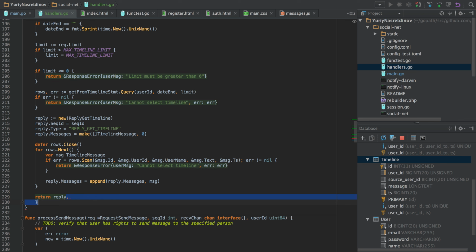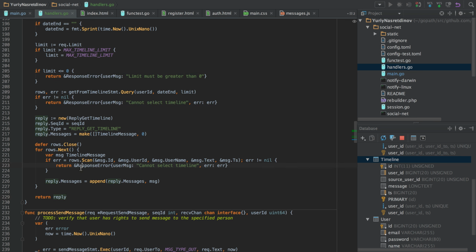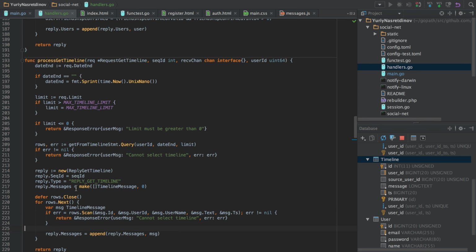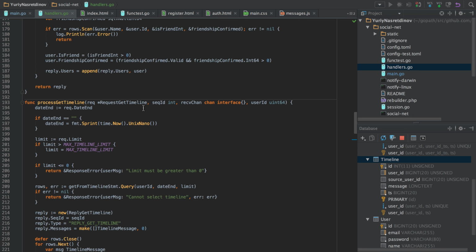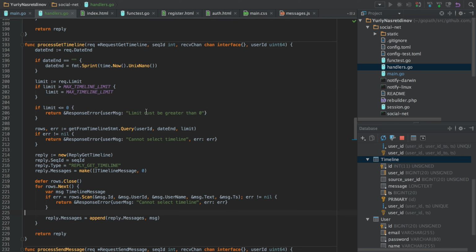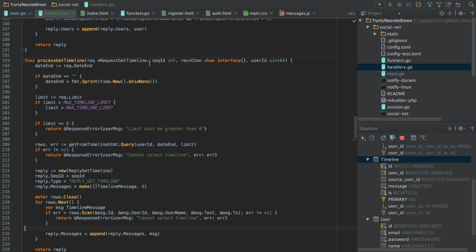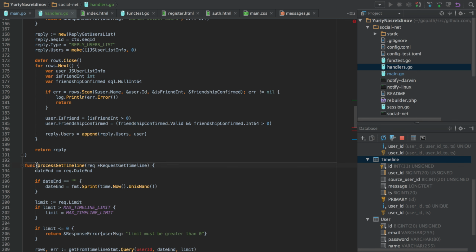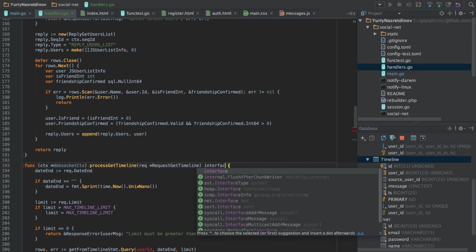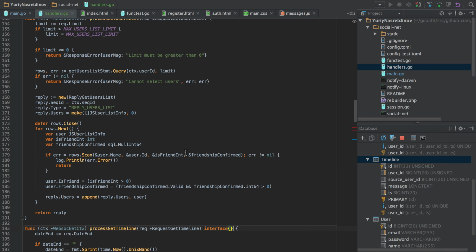I forgot to update the signature, so we will do it now. And in process get users list, I forgot empty interface, so I should probably update the previous one as well.